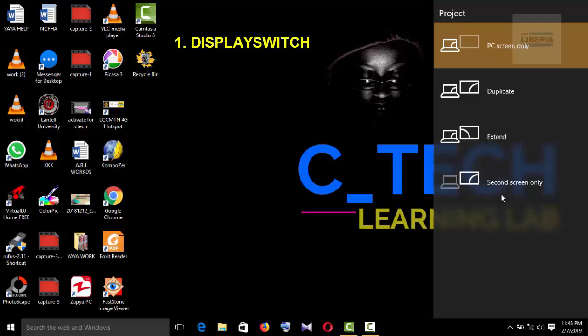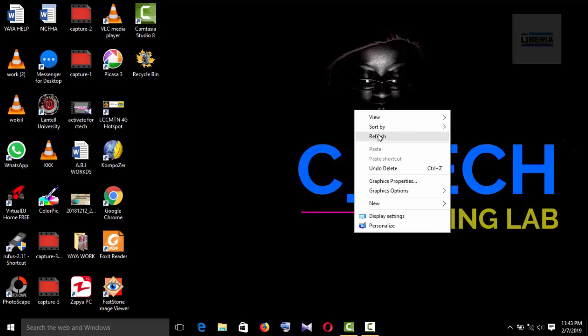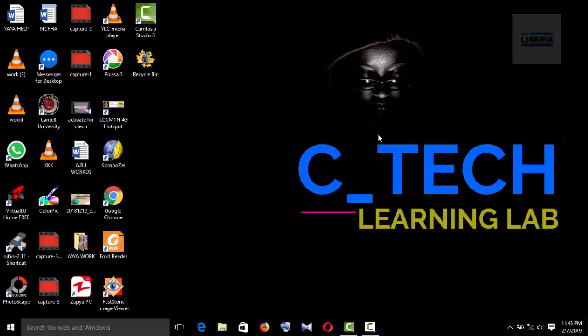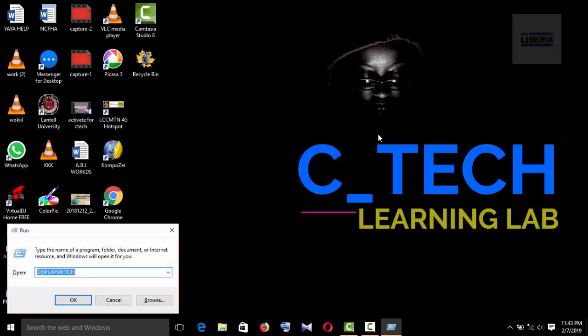So if you issue the command display switch and you get an error message, then it means you have to install your display driver. So we move on to the next command, that is our second command. We hold down the Windows logo key and press R. We'll get the Run dialog box again, and this time around our command is